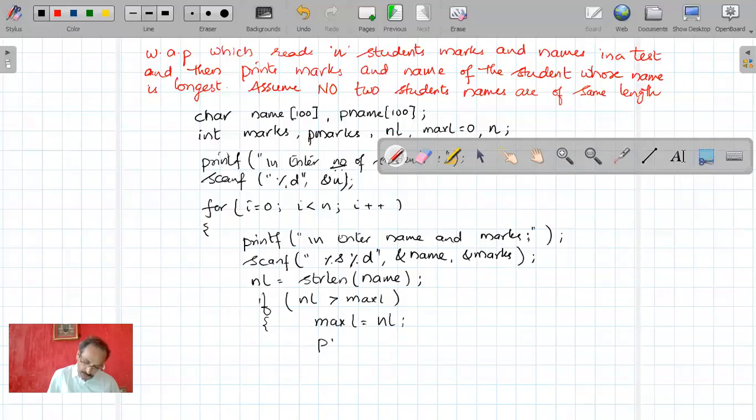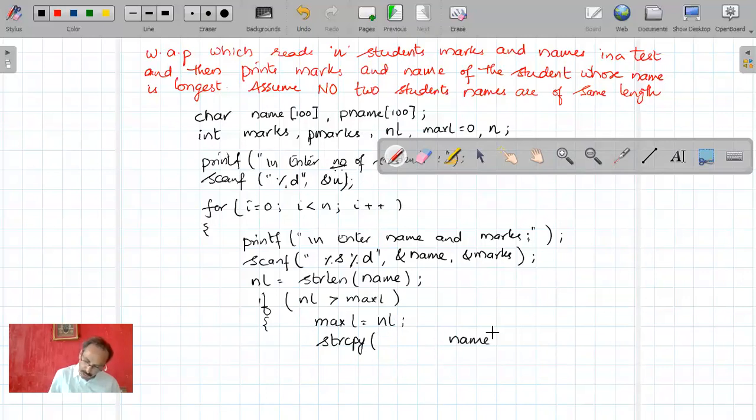So what do I do? I want to store, so in pname I'll copy. What do we need to copy? We need to copy the name. So if I want to copy name into pname, what I'm supposed to do is use strcpy, the function which copies.